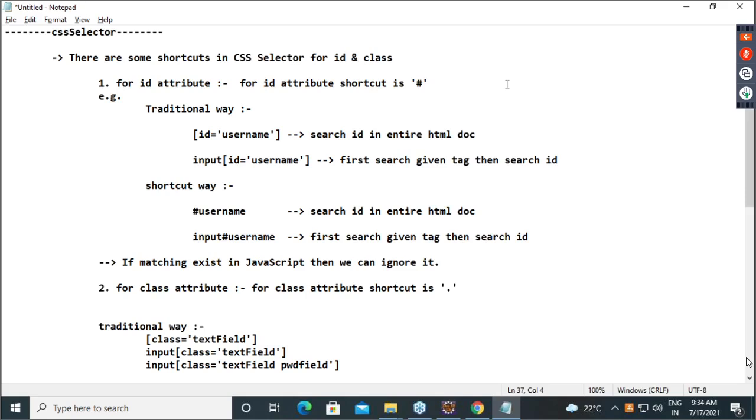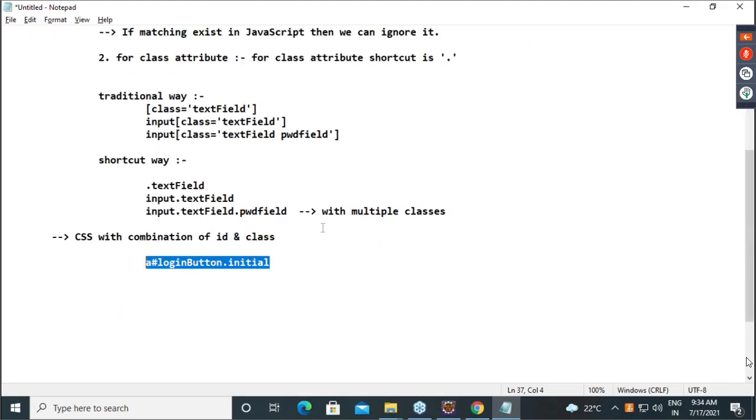Correct, Harsh. Hash represents ID and dot represents class. And Harsh, this is the same thing we tried to do yesterday. Remember.